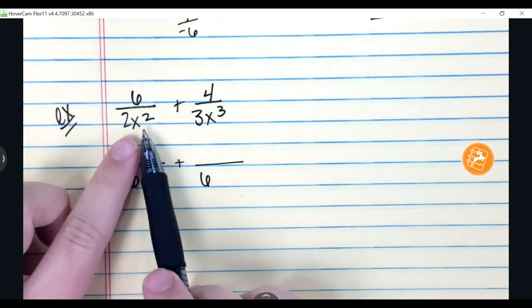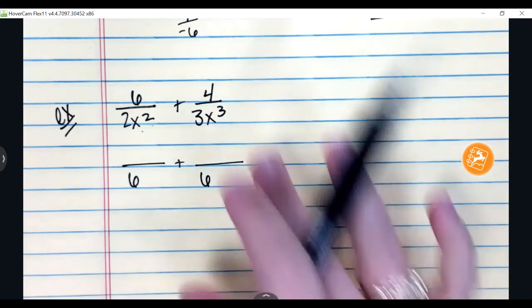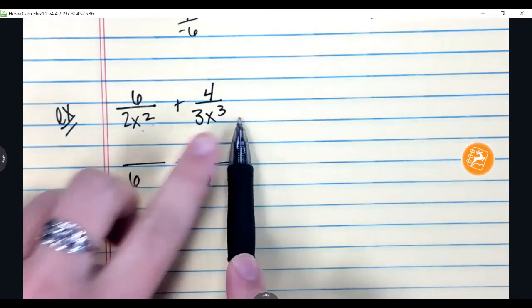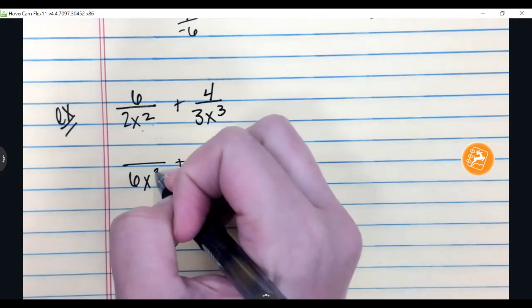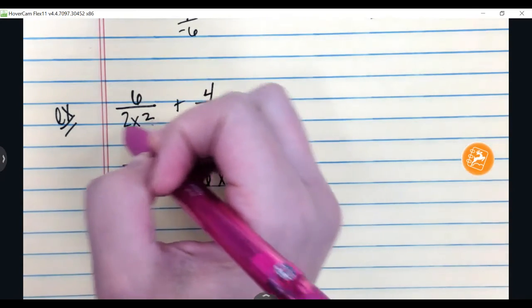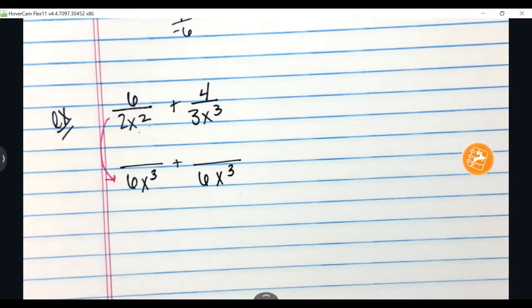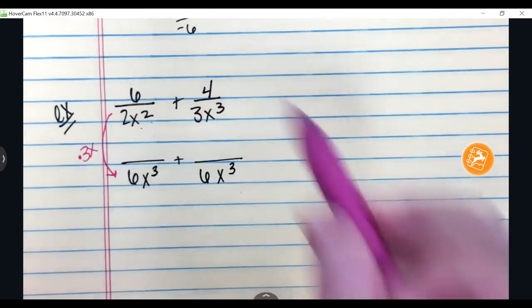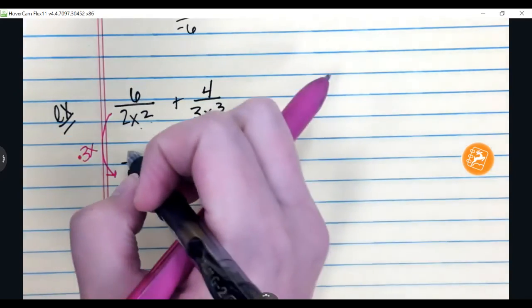So do I need my x squared to get bigger, or do I need my x cubed to get smaller? Which one do I have to do? My x squared has to get bigger. What does my x squared have to get up to? X cubed. So it will be a 6x cubed. How do I get from 2x squared to 6x cubed? What do I multiply by? Times 3x. So I have to do that on the top, which would give me